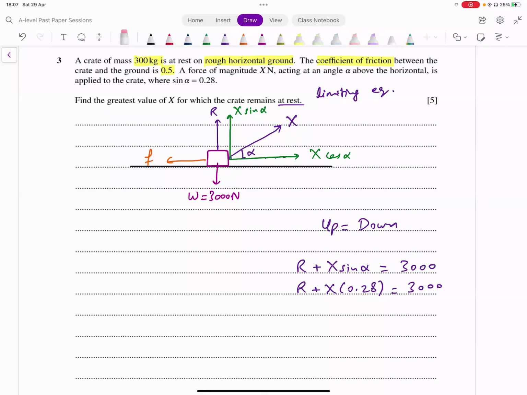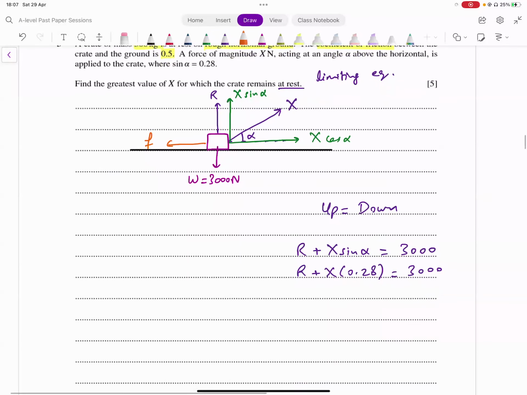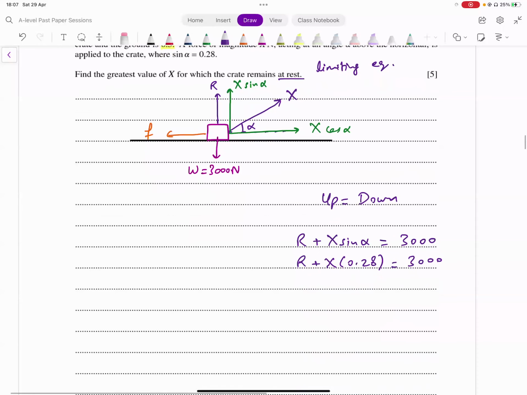तो हम क्या कर सकते हैं, क्योंकि हमने फिगर आउट कर लिया लिमिटिंग इक्विलिब्रियम वाला केस है, तो फ्रिक्शन की वैल्यू उसमें क्या होती है? फ्रिक्शन की वैल्यू उसमें म्यू आर के इक्वल होती है। सो हम इस केस के अंदर लेफ्ट वाली फोर्स और राइट वाली फोर्स भी इक्वेट कर सकते हैं, बिकॉज इक्विलिब्रियम है और लिमिटिंग इक्विलिब्रियम है, इनको इक्वेट किया। लेफ्ट वाली फोर्स कौन सी है? F,